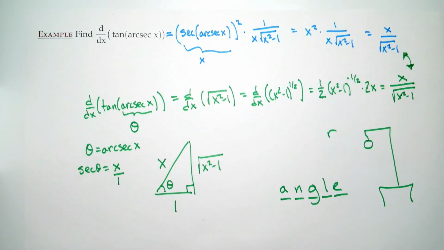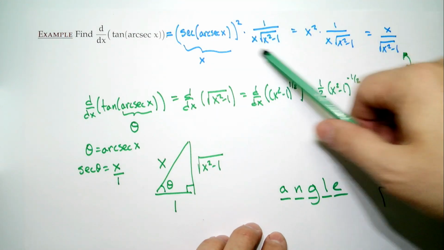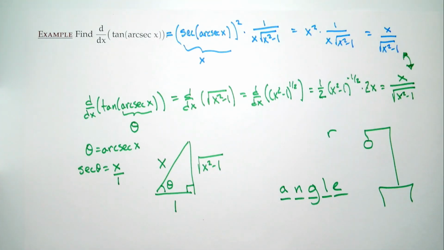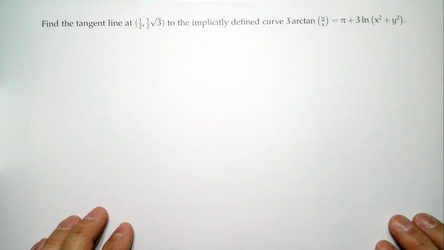You could actually use this to figure out what the derivative of arcsecant is, because you could have said, well, if I didn't know the derivative of arcsecant, I could just put a placeholder here for the derivative of arcsecant and then compare the two and see what it had to be for it to work out. Well, we have enough time for one more quick problem, I hope. We'll see. Find the tangent line